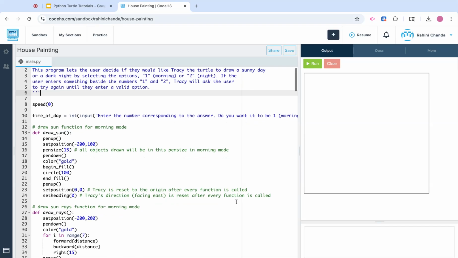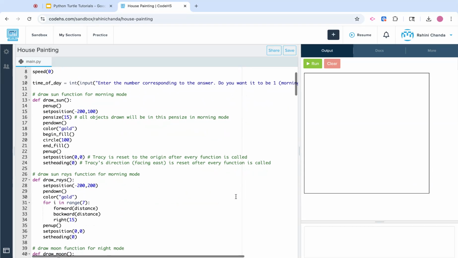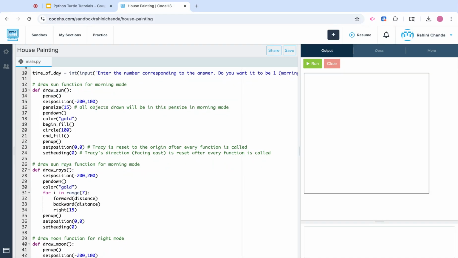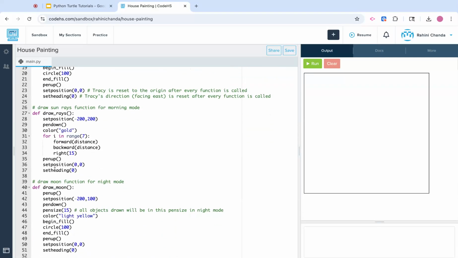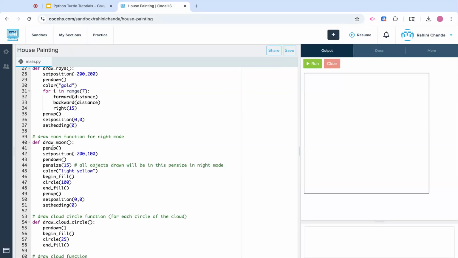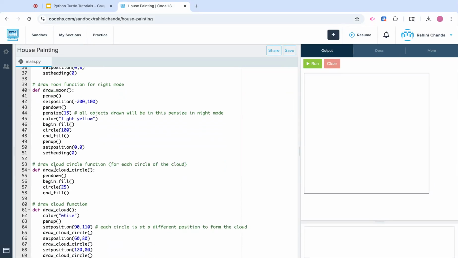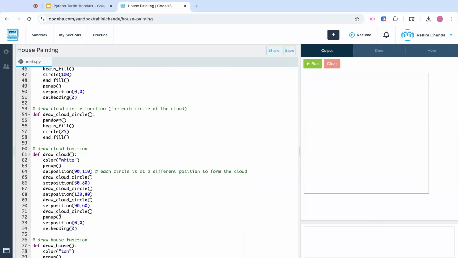So I just want to show you guys the functions I created first, and then we'll run the program. So I created a function to draw the sun. I created a function to draw rays. I created a function to draw the moon, a function to draw the cloud circle, another function to draw the cloud